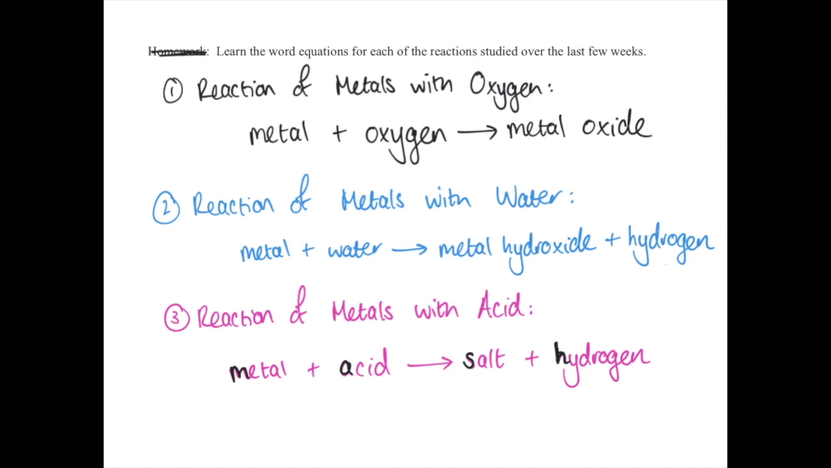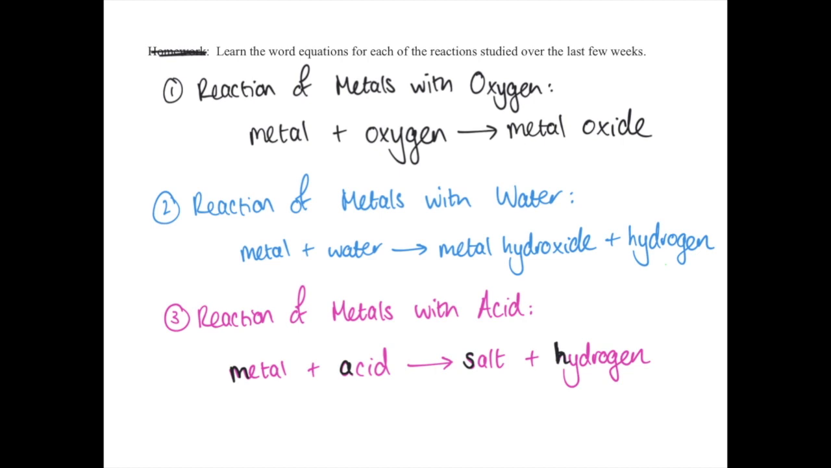Then week 2, we looked at the reaction of metals with water, and the general equation for that is metal plus water gives metal hydroxide plus hydrogen. And again, if it was, for example, calcium, it would be calcium plus water gives calcium hydroxide plus hydrogen. And then this week we looked at the reaction of metals with acid, and we looked at the general equation being metal plus acid giving salt plus hydrogen. Probably the easiest way to help you remember that one is thinking of MASH, metal plus acid gives salt plus hydrogen. So spend a wee bit of time learning those equations and then